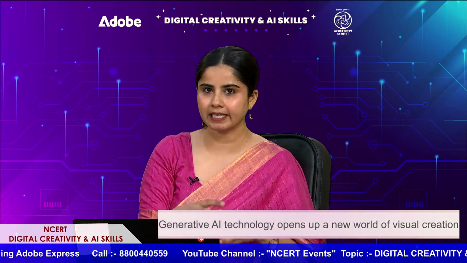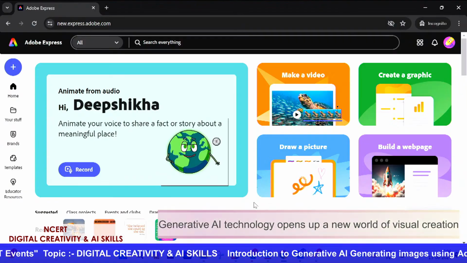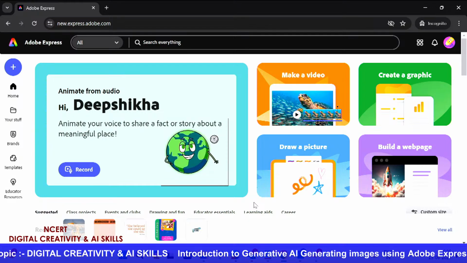Sure. So the next feature that we're going to focus on is the generative fill feature. With the help of generative fill, what can we do? We can add elements to an already existing picture. Generative fill allows me to generate something and fill an empty spot in whichever picture I have selected, and I can type in whatever I want to generate there. So let's take a look at my screen once again and see how we can do that.